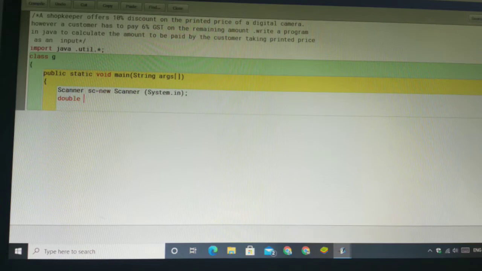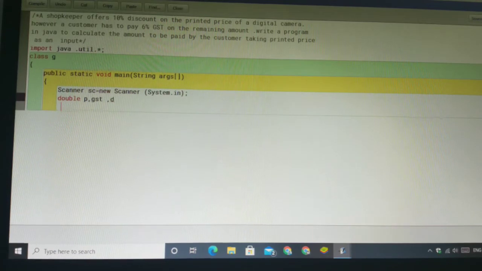Now the variables price and GST and discount, and the rest of the variables we will take during the program.